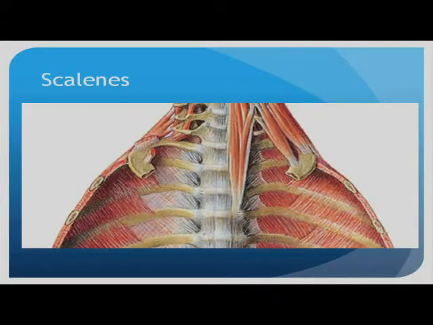This is a little cleaner picture of how the scalenes attach without all the viscera in the front of the thoracic cage. And you can see the space between the anterior and middle scalene on this side over here, where that neurovascular bundle has to come through, is fairly small. And the anterior scalene is the one that is most useful in trying to bring an exhaled first rib superiorly because